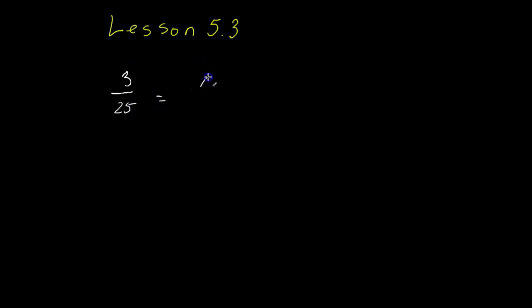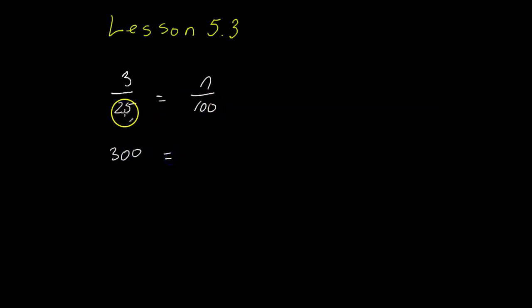So we're going to say n over 100 because it's n%. We don't know what the percentage is, and we're going to try and work it out. And then we're going to use our normal algebra cross multiplication. So we're going to have here 3 times 100 is 300